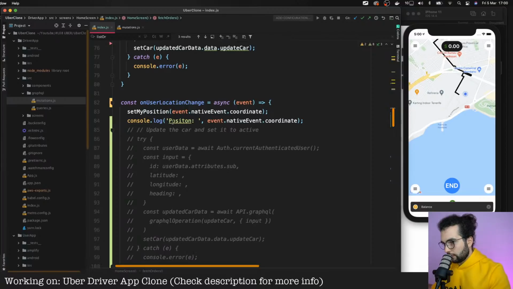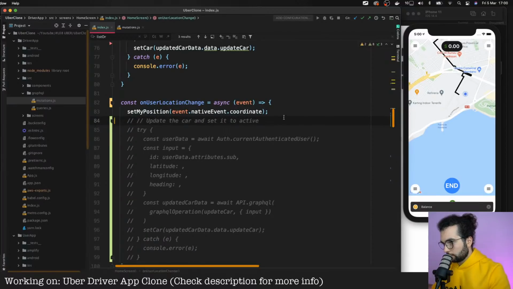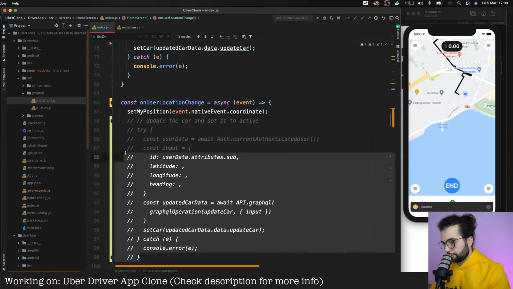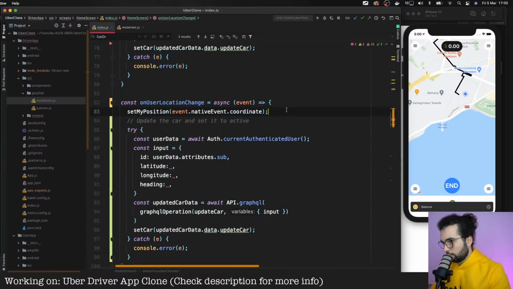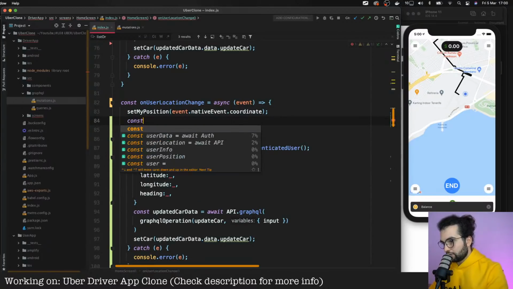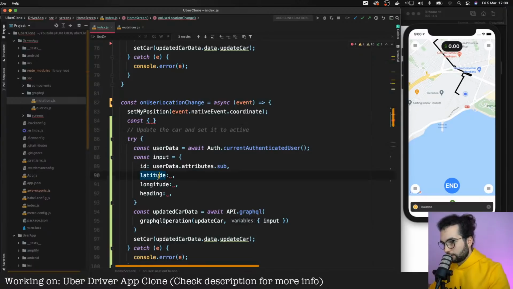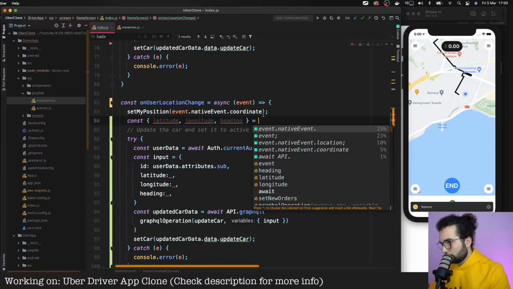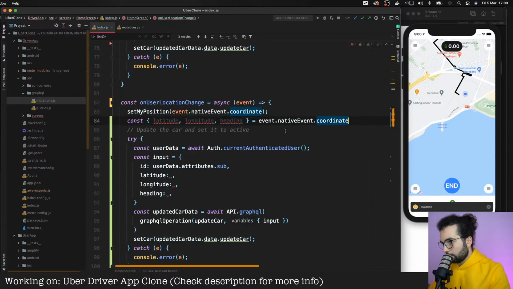We will do it this way. Because they have the same names, we will be able to destructure these variables from the coordinate. And the latitude will be equal to event.nativeEvent.coordinate.latitude, longitude with .longitude, and so on.